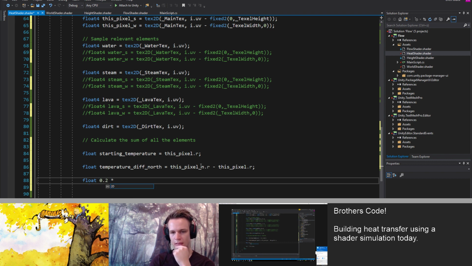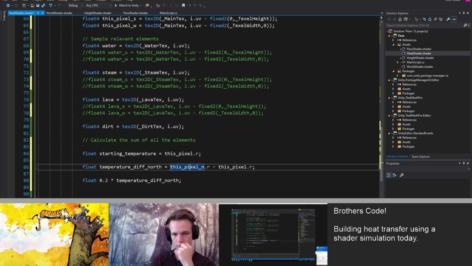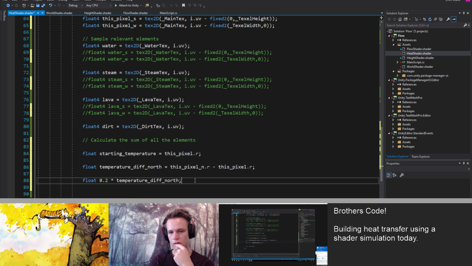So one fifth times the temperature difference to the north is how much is going to flow north, because this can be negative. So it's max zero in that, right? Well, it can also be positive. So the temperature flow north is going to be max of zero and whatever you calculate.